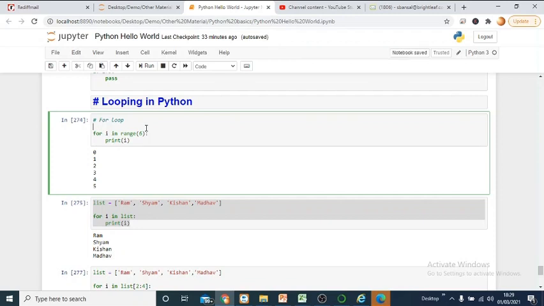Okay, so a loop is a process where we start with a counter and repeat a specific task again and again till the condition gets satisfied, right? So here we are writing a for loop, and we are running this for loop for range equal to 6. What does it mean? It means